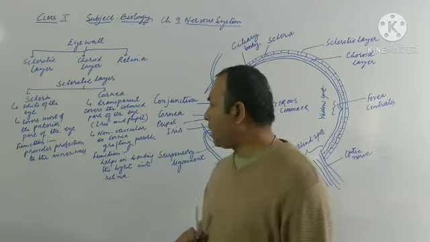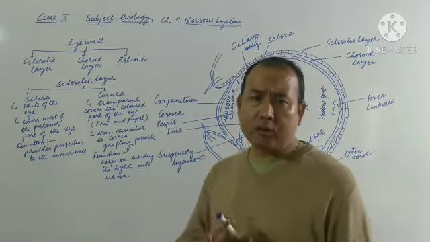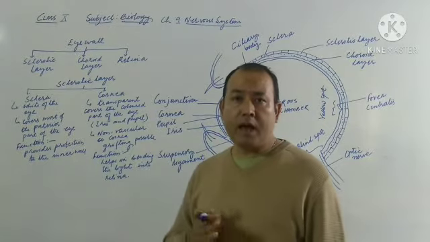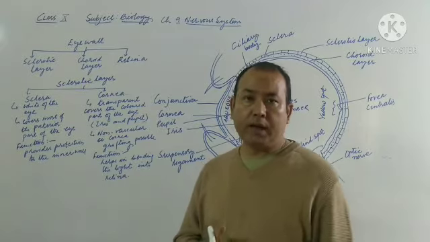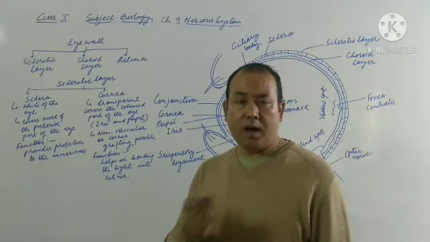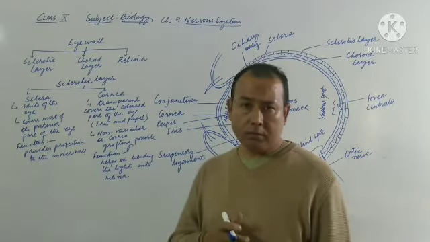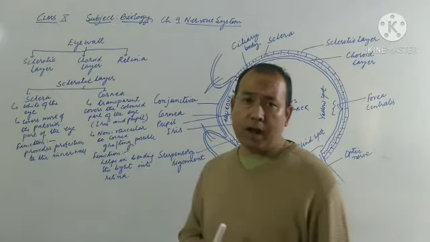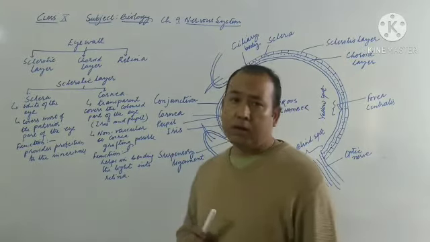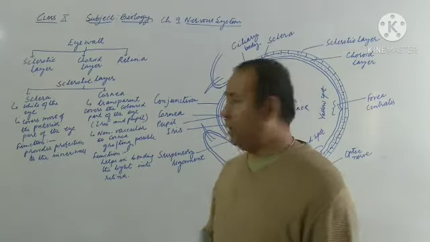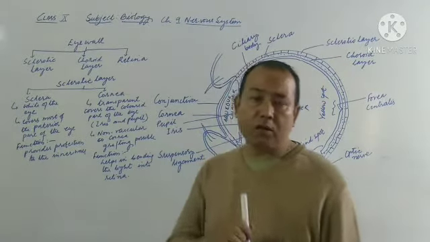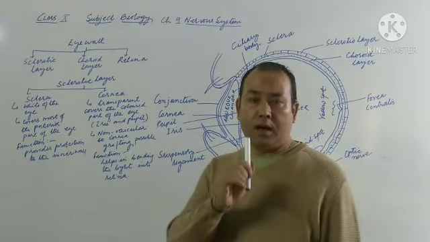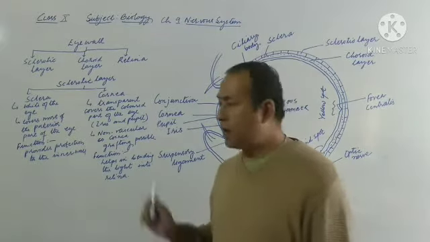Then again after that, you need to remember, as cornea is non-vascular, so that is why if the cornea for some reason becomes opaque, it can be removed and it can be transplanted with a donor eye. Okay, so if you are asked how cornea grafting is possible, at that time you need to say that it is because cornea is non-vascular, so that is why its grafting is possible. Grafting is actually the transplant.